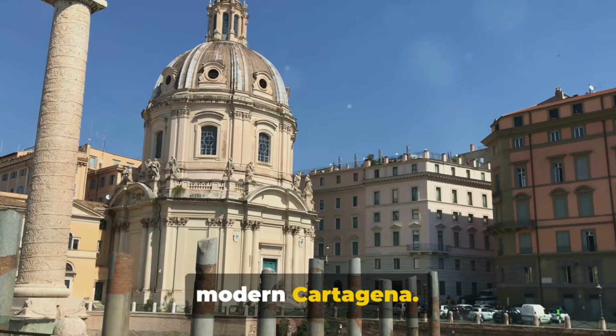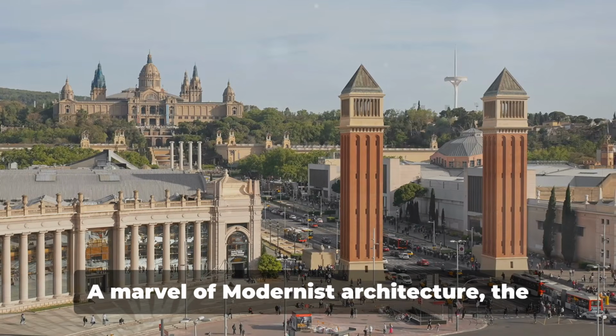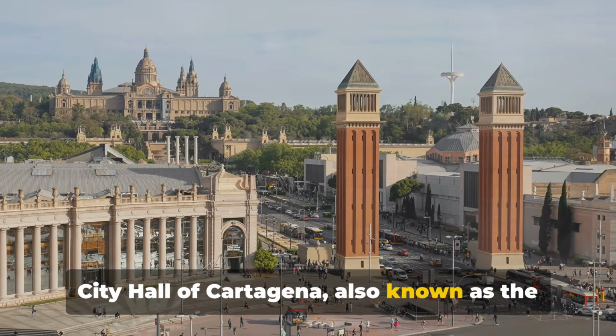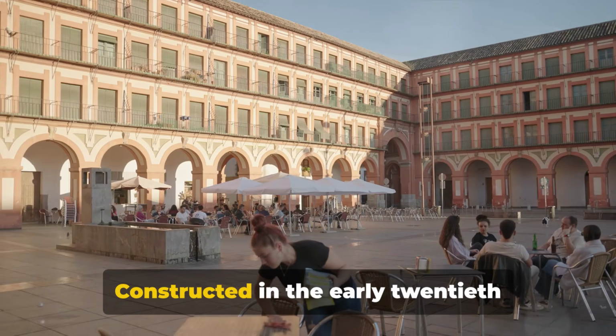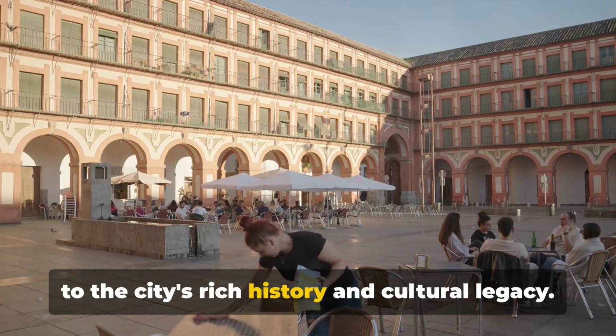heart of modern Cartagena. Next, we visit the stunning Cartagena City Hall. A marvel of modernist architecture, the City Hall of Cartagena, also known as the Palace of Cartagena, is a sight to behold. Constructed in the early 20th century, it stands as an elegant testament to the city's rich history and